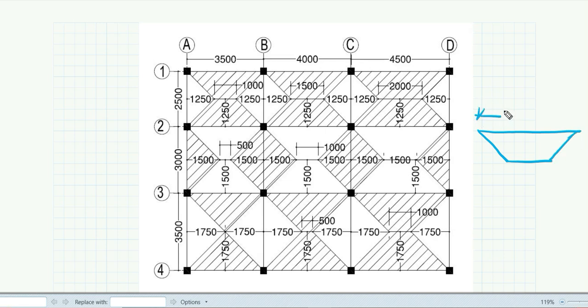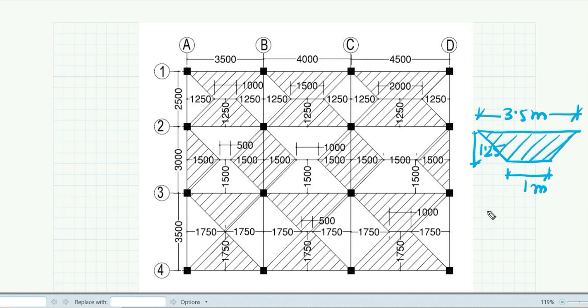So this distance is 3.5 meter, right? And this height is half of 2.5 meter. Half of 2.5 is 1.25, right? And this distance is how much? This will be 3.5 minus 1.25 minus 1.5. So it will be 1 meter. You use this knowledge of geometry and you can find out the dimensions of the trapezoid. So now what will be the area of the trapezoid?